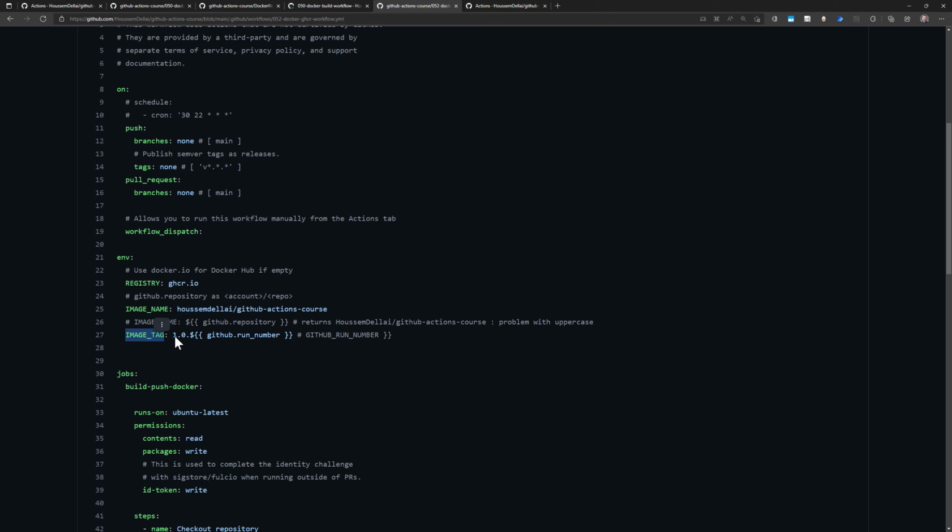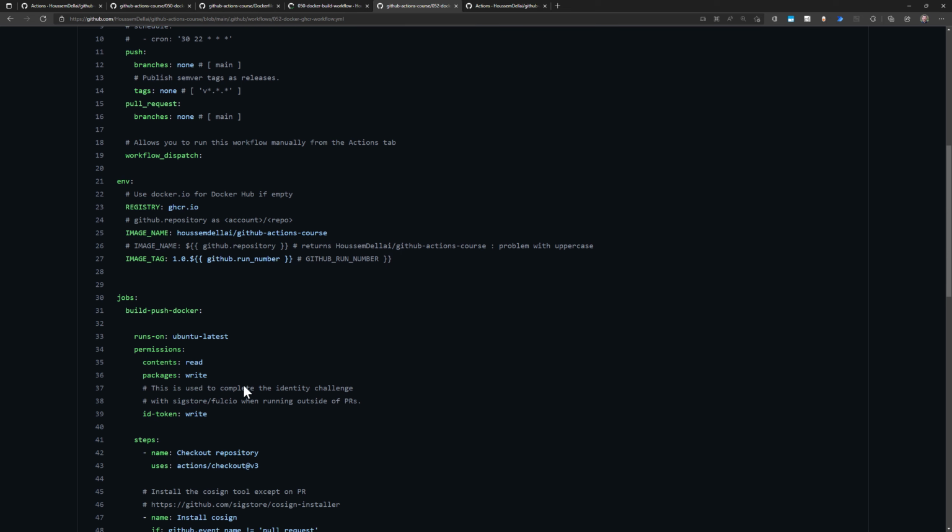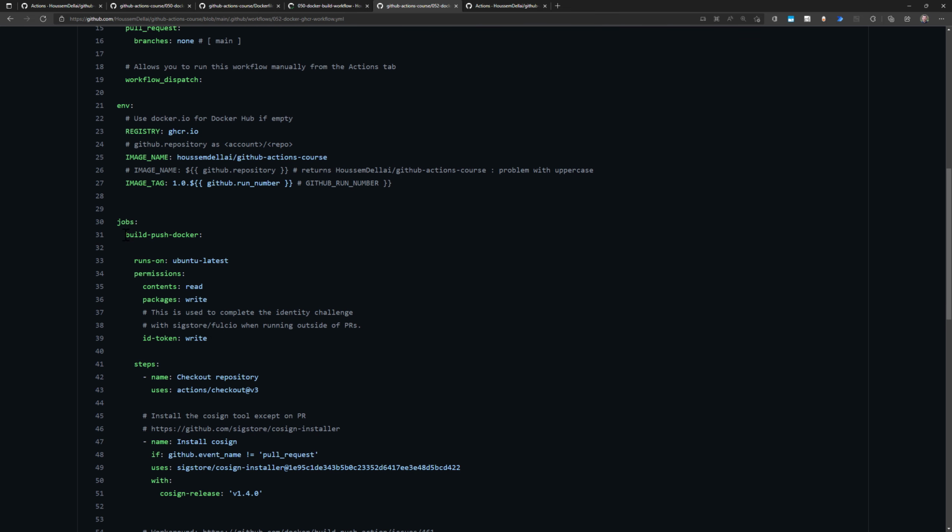And then for the image tag, you can choose whatever you want. Here in my case, it's 1.0. And then I want to mention the run number for my GitHub run right here. So each time I run this pipeline, it will generate a new run number that will be incremented each time. So at first it's 1, 2, 3, and so on. And then for the jobs, I will have actually one single job that will build and push that